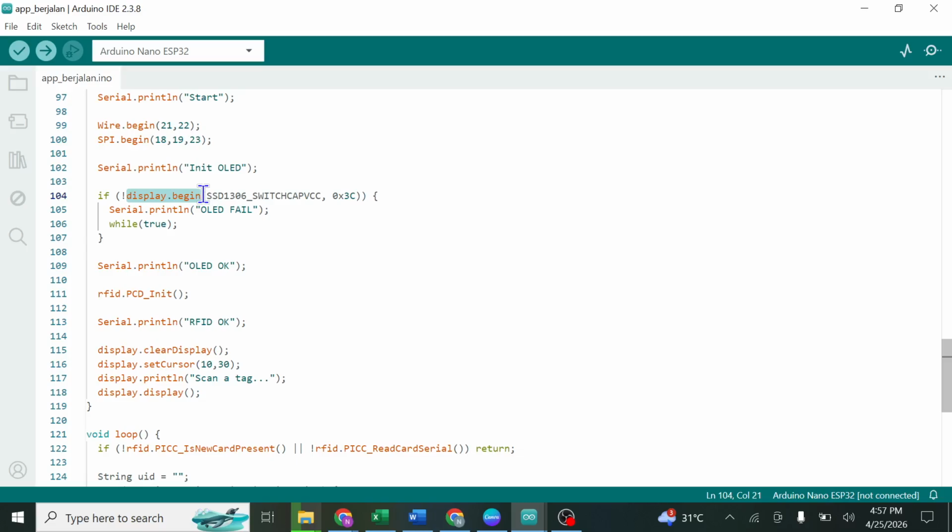Then mfrc522.PCD_Init initializes the RFID module, and display.print shows the message "Scan a tag" on the screen.